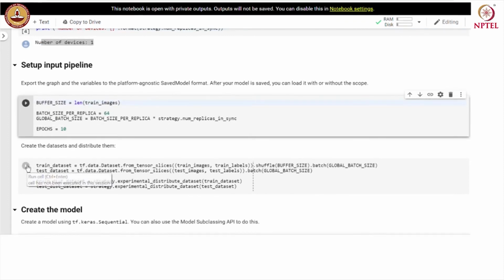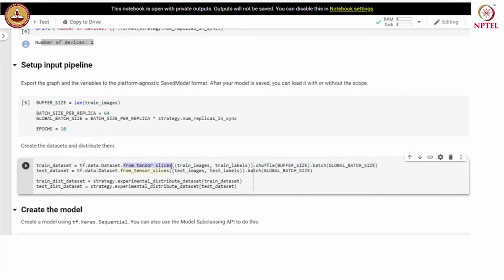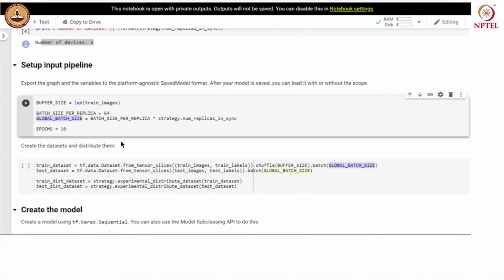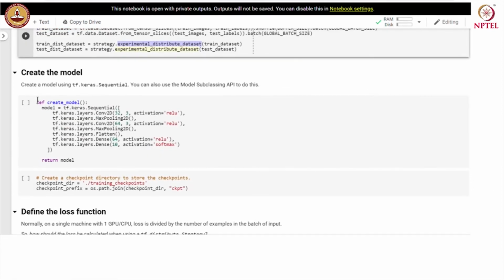Let us create the datasets and distribute them. So, we use Dataset.from_tensor_slices for creating the dataset. We shuffle it and then we batch according to the batch size specified over here. Later we distribute the dataset across replicas.